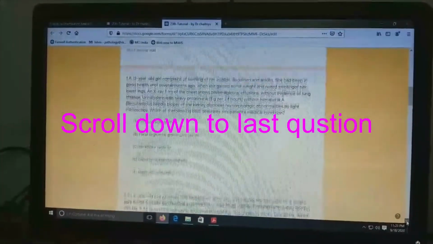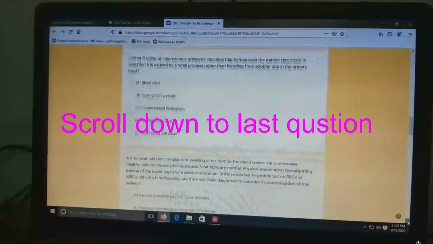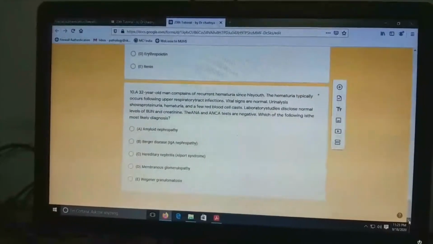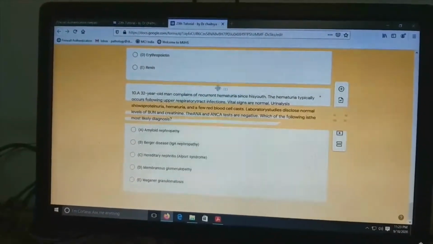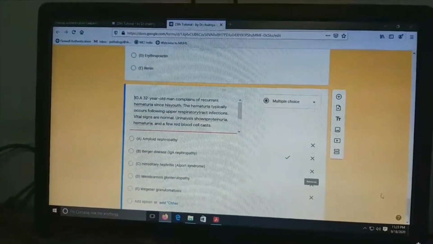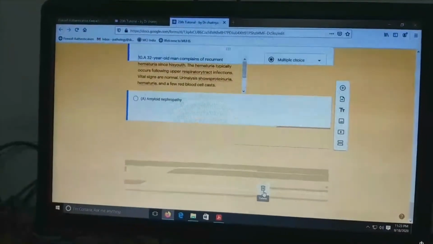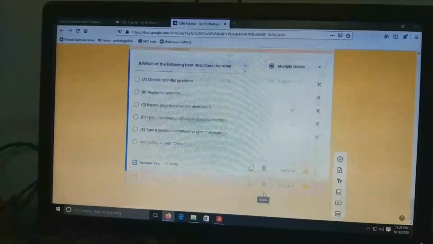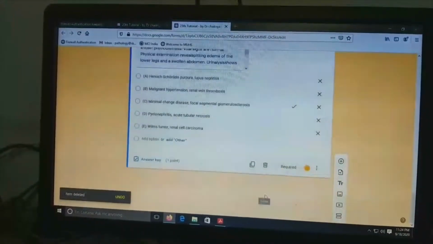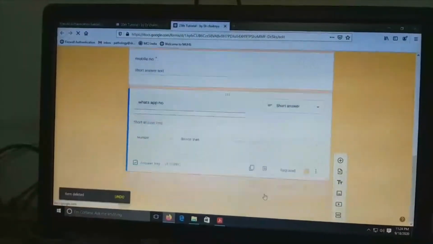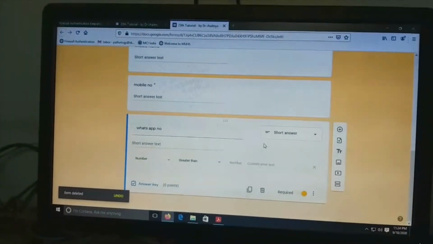Scroll down to the last question, because these questions are for the 20th tutorial. You have to copy paste your own questions. Now go down and start to delete from the bottom, okay. Once you start from the bottom, like this is the 10th question, I am going to start now with the deleting options. So I am deleting here. Now I will come up to the question number 1. So once I deleted all the questions, now this form is ready with all the settings to add new questions with the new topic. Now once I deleted, this option should not be deleted.